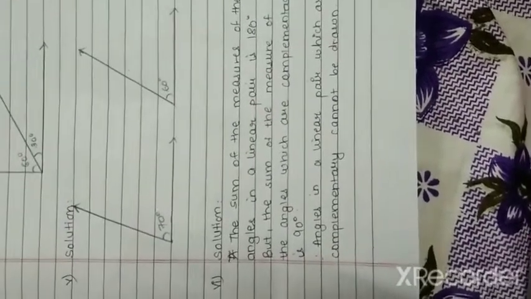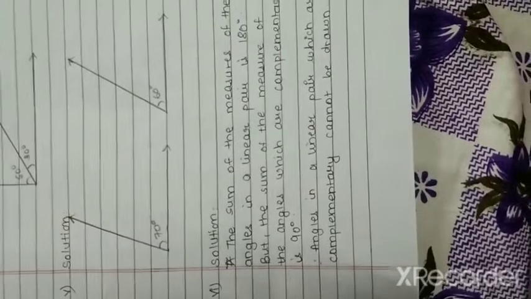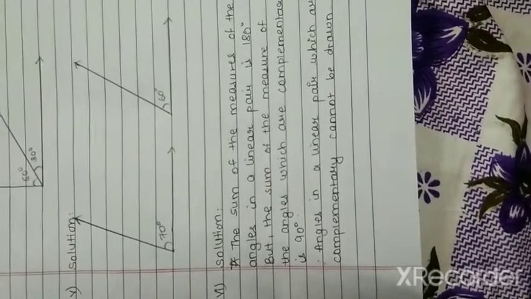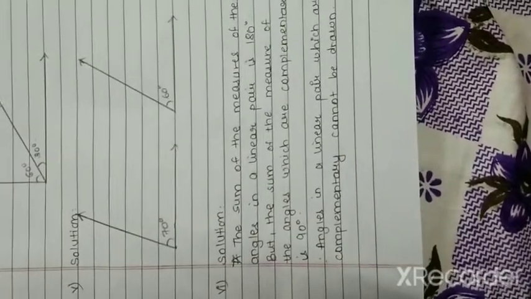See to it that all the sums are completed in your notebook as well as your workbook. Some questions are extra in your workbook. Try to solve them as well, because the method is the same, just the difference is in the values. That means here if I am explaining angles which are 60 plus 30, there it would be given 20 plus 50 or 60 plus 30 or 40 plus 50. So the method is going to remain the same, just the numbers will be changed.